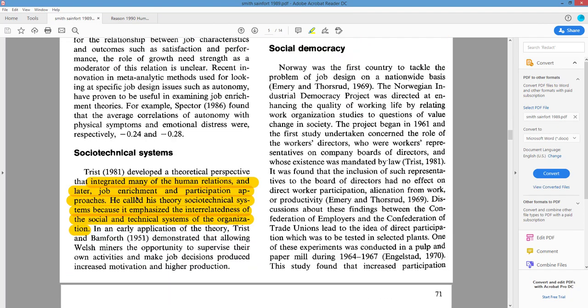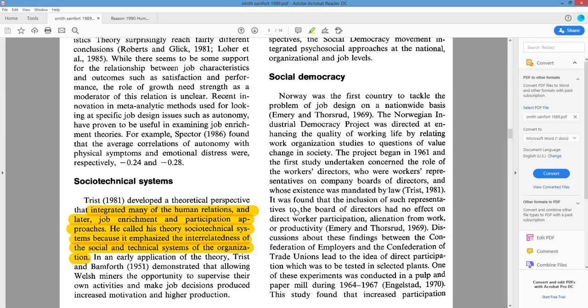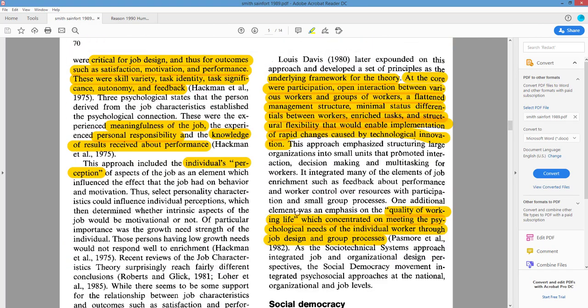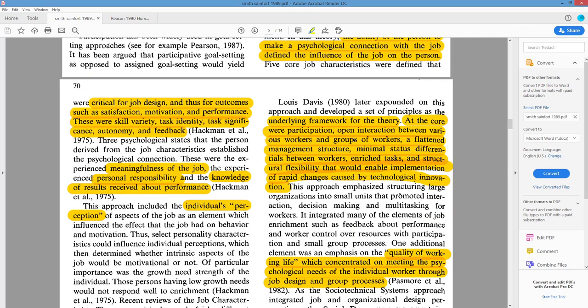Talks about perception. We'll talk about socio-technical systems, I believe, next week. Not this week, the following week, and that's Trist, and we'll get into that later. But it's studying more of a group design, almost unmanaged, in which people work together with the technology they're given in order to produce more than they would individually.